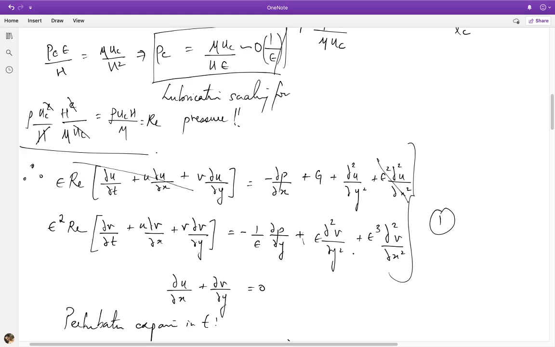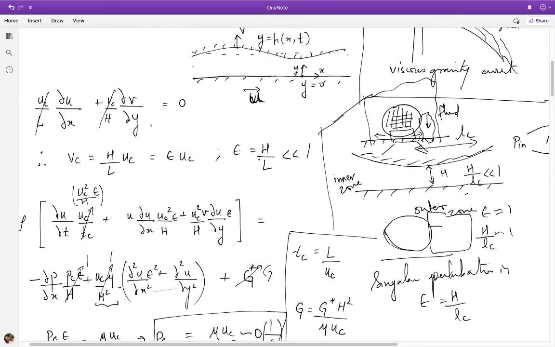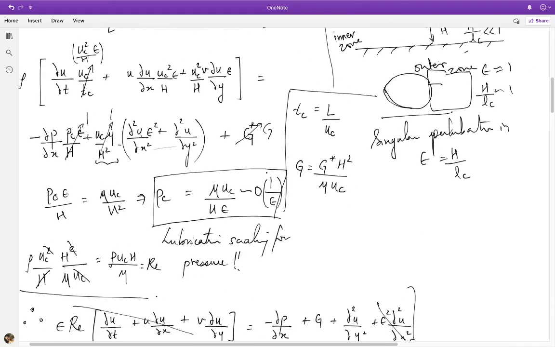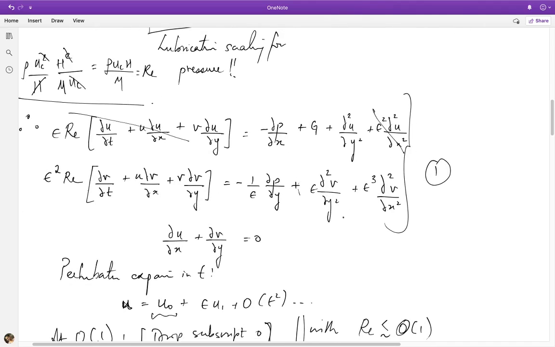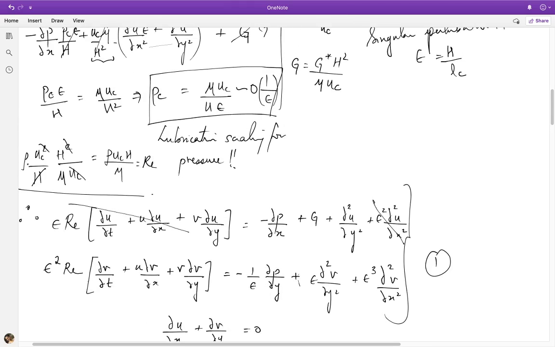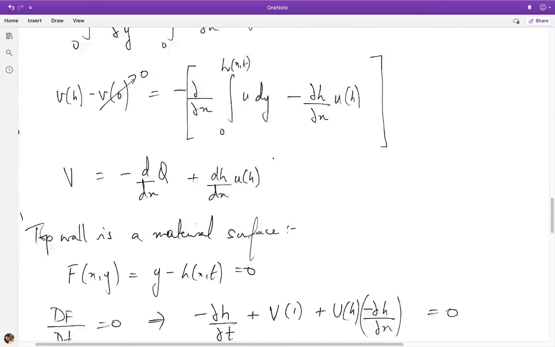Right? You can convince yourself by going back and looking at the scaling, but it's quite simple just from the fact that if we use the length scale variations here instead of using the h by lc associated with the inner region, in the outer region, let's say you have only length scales of order L. So if epsilon is L by L everywhere here, we would get equations without epsilon appearing anywhere, except for the fact that the pressure scale would still have this behavior which you would have h by L. So the consequence is that